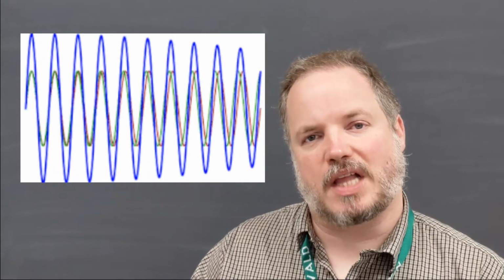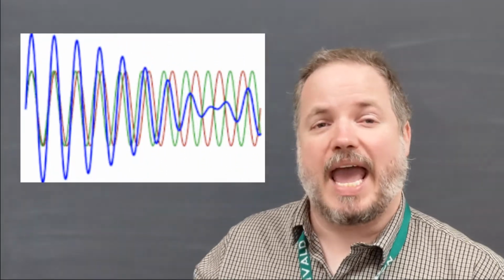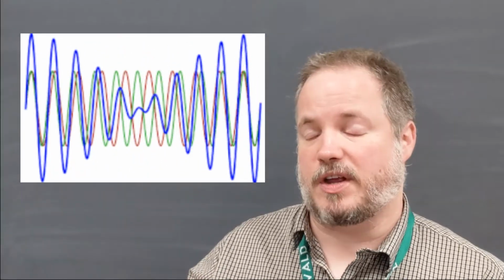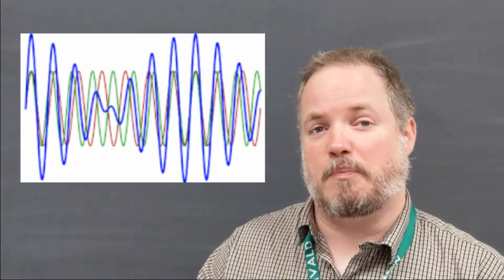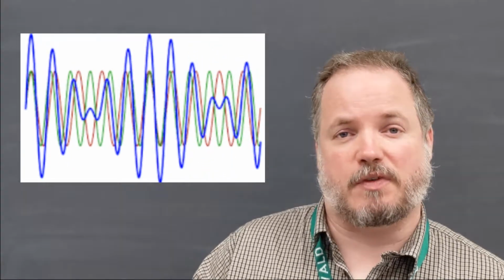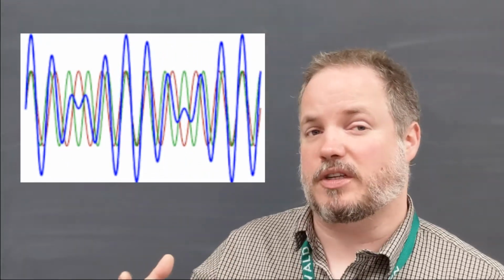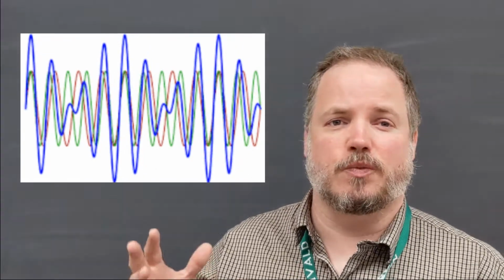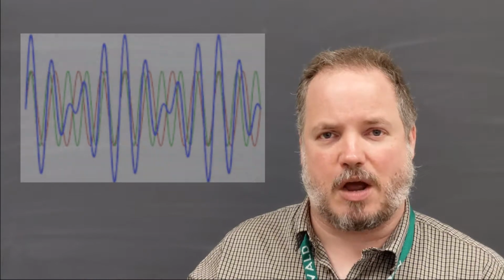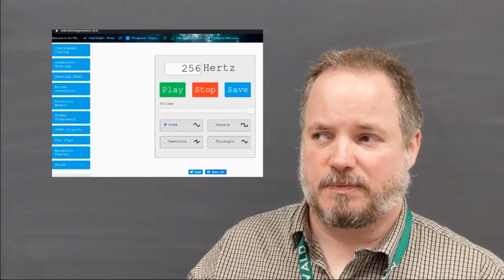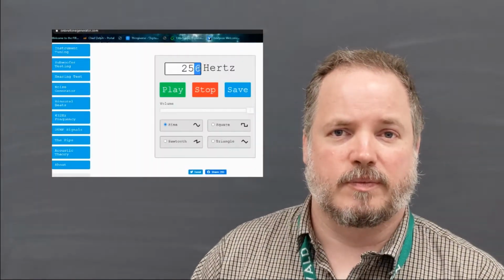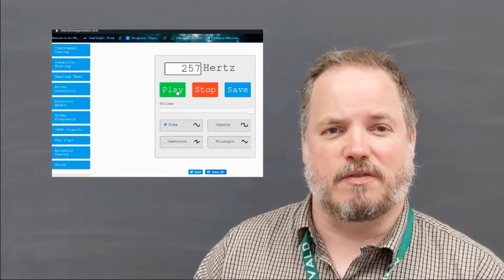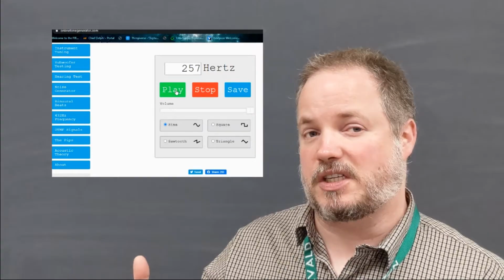Sound waves that are of a slightly different frequency can add and subtract, can interfere in order to make what we call beats. You get destructive interference, which are very quiet, and then you get areas of constructive interference, which are quite loud. And so if I play two middle C, 256 hertz sound waves at the same time, they sound like one sound wave. But if I play a 256 hertz and a 257 hertz,